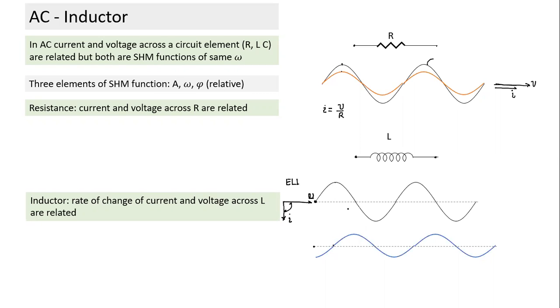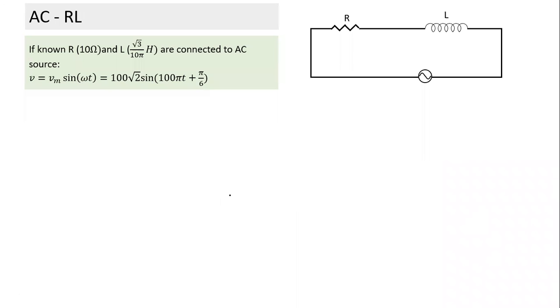So that's what you need to understand. Voltage and current are related, but there could be a phase difference. The phase difference in case of resistance is 0. In case of an inductor, current lags by 90 degrees with reference to the voltage across the inductor. We are not looking at what is happening in the rest of the circuit. If we are talking about how the potential drop across the inductor varies, how would the current vary? This is a relationship, and we can represent it in phasor.